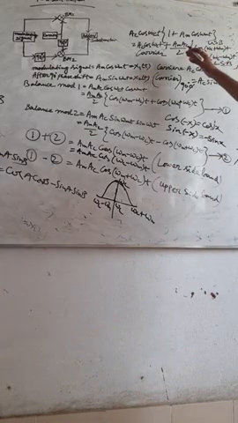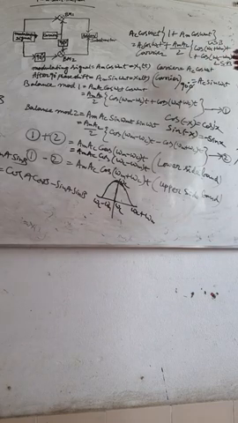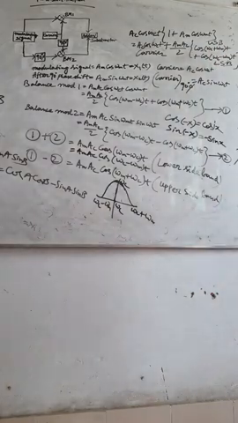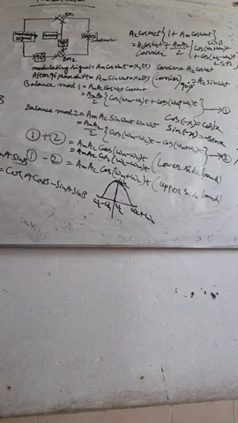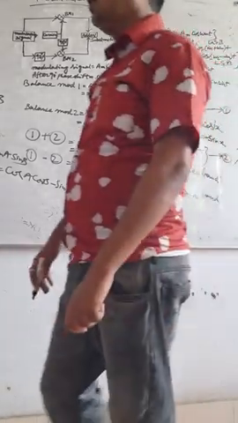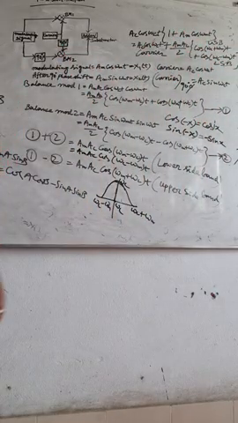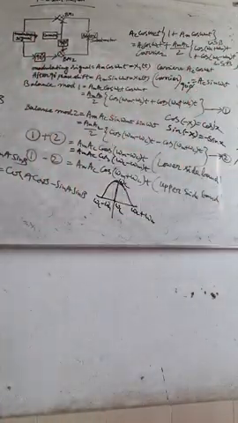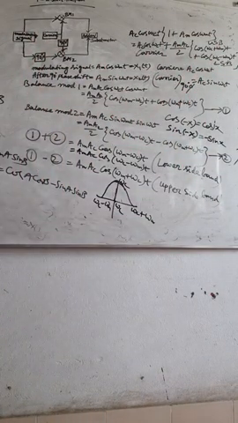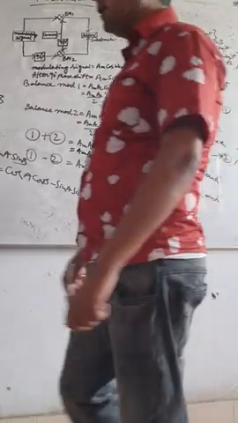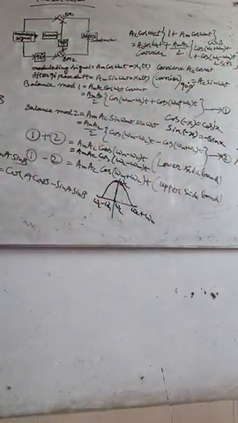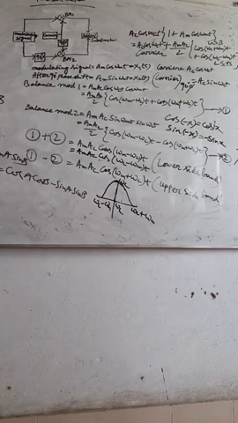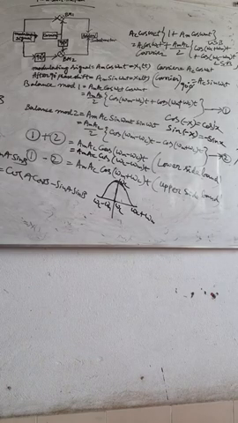Suppose this is a DSB-FC signal. This is your carrier, this is your upper sideband, this is your lower sideband. Suppress any one of the sidebands and the carrier, and you will get only one sideband. This is enough for transmitting all the necessary information. If one sideband is enough, why transmit both the sidebands at a time? It is a waste of power. If the carrier is not carrying any information, why transmit the carrier? It is a waste of power. So SSBSC is power efficient. SSBSC can give you a lot of power savings.